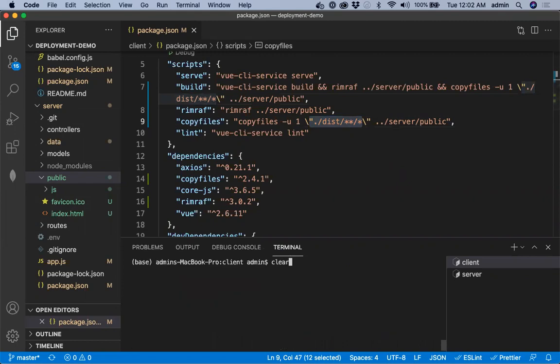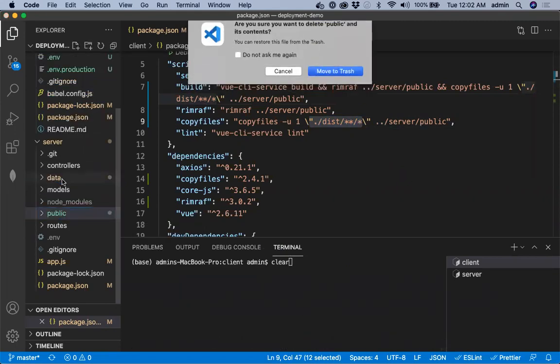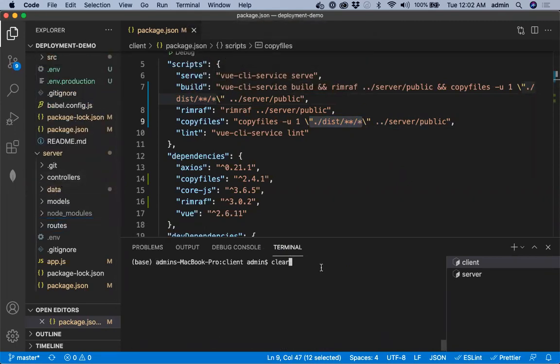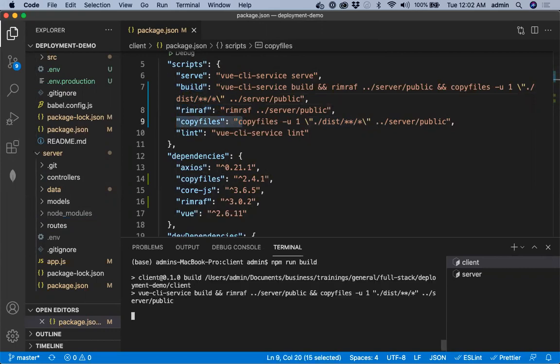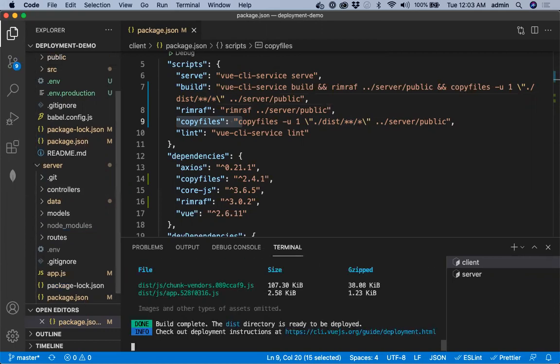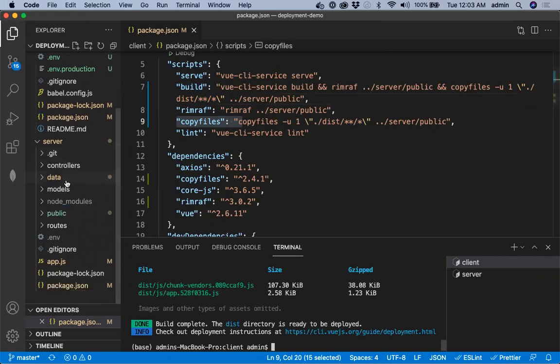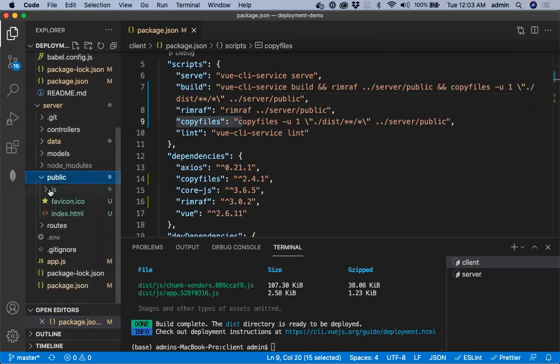Now if I run it, I'll delete it first. Okay, now I'll run the build. In Windows, of course, you have to run npm run build, npm run rimraf, npm run copy files. Okay, now in the generated public folder, we have the JS files and the HTML files. So that was a problem, I corrected it.